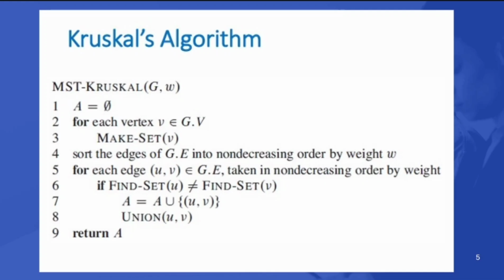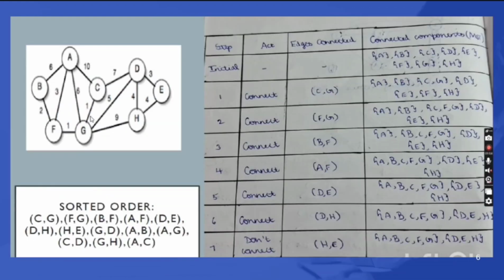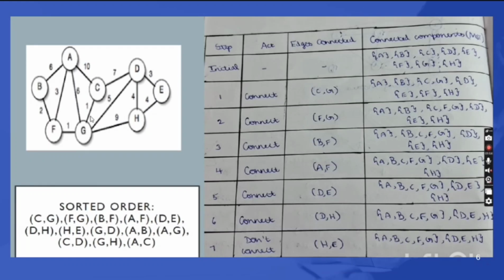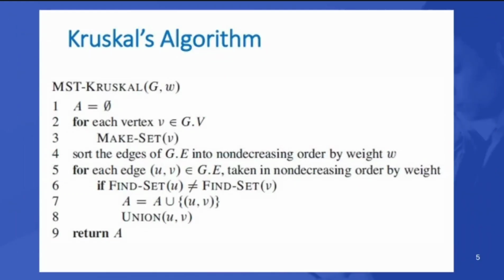Then perform the find set operation on both, that is, find set of u and find set of v. Then check the condition: find set of u not equal to find set of v. If it is true, then perform the operations A equals A union {(u, v)} and union of u comma v. These operations will be performed until all the vertices in the graph are visited. Then return the set A. The set A will contain the